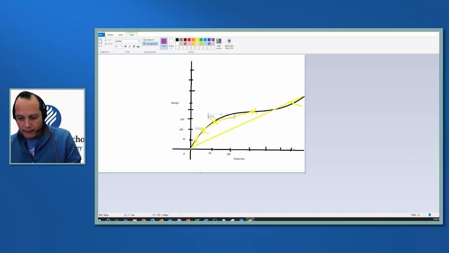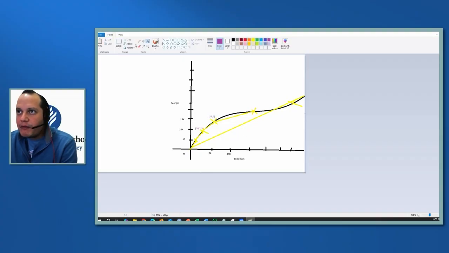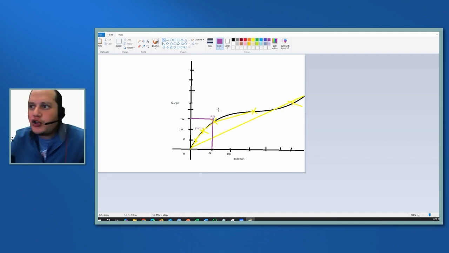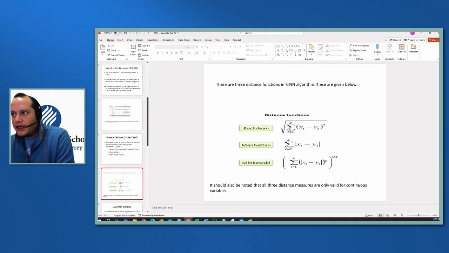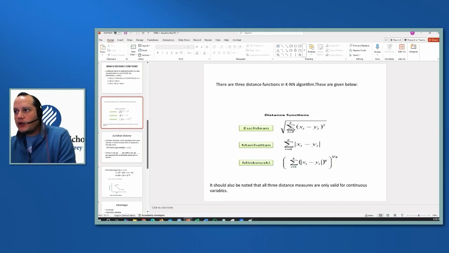5 maybe, right? Because if we bear in mind that the X is this one and the Y is this one, perhaps something closer to that. Just to give you an example, between this and this there's a distance, right? In order to calculate the distance, we use three different formulas to calculate the